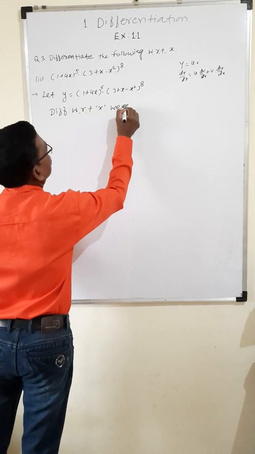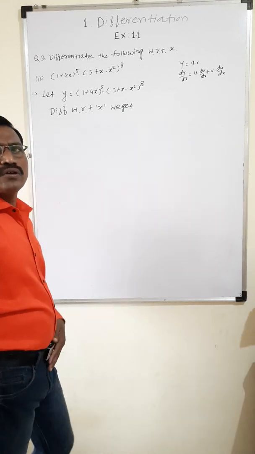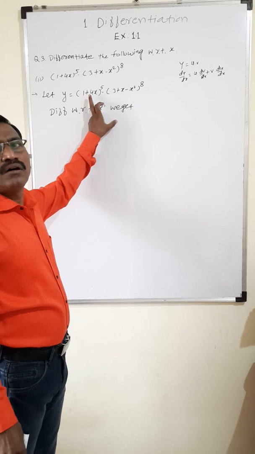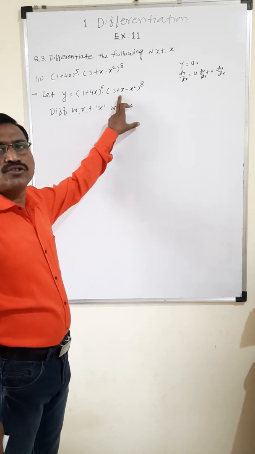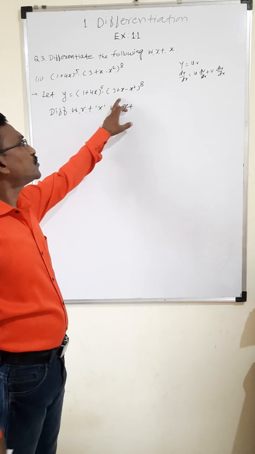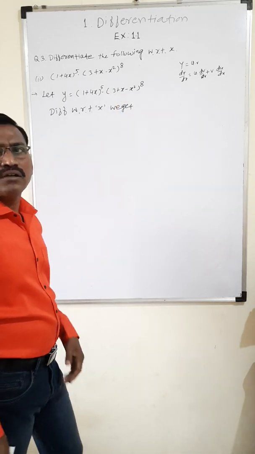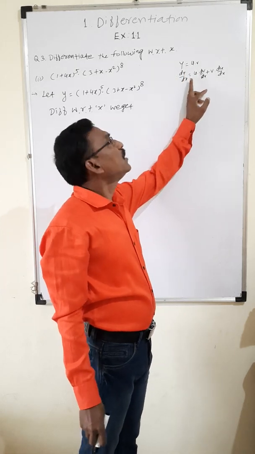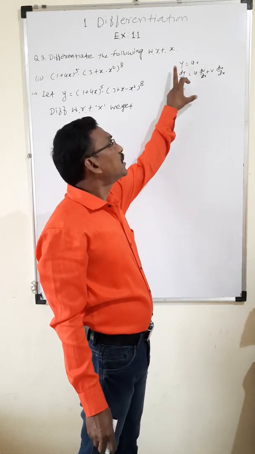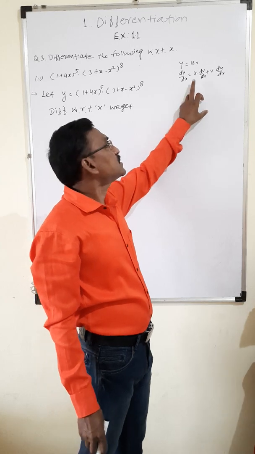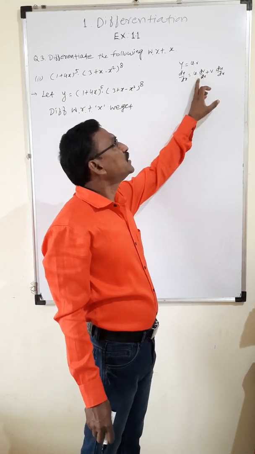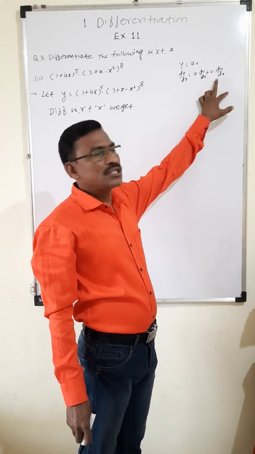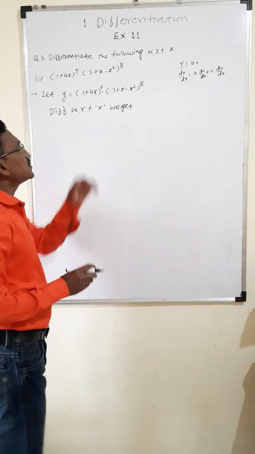We get, so when we observe here, actually it is the product of two composite functions, and so we use here the rule of derivative u into v. y equal to u into v, so its derivative, rate of y with respect to x, is dy by dx equal to u into the derivative of v plus v into the derivative of u with respect to x. So we use this rule.